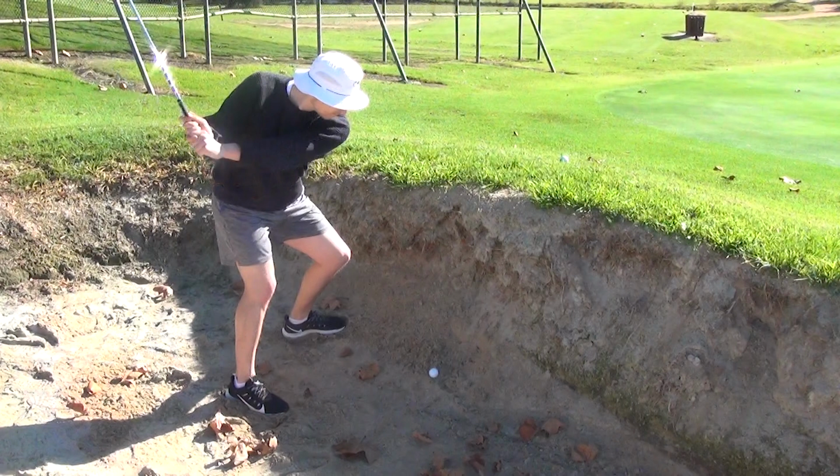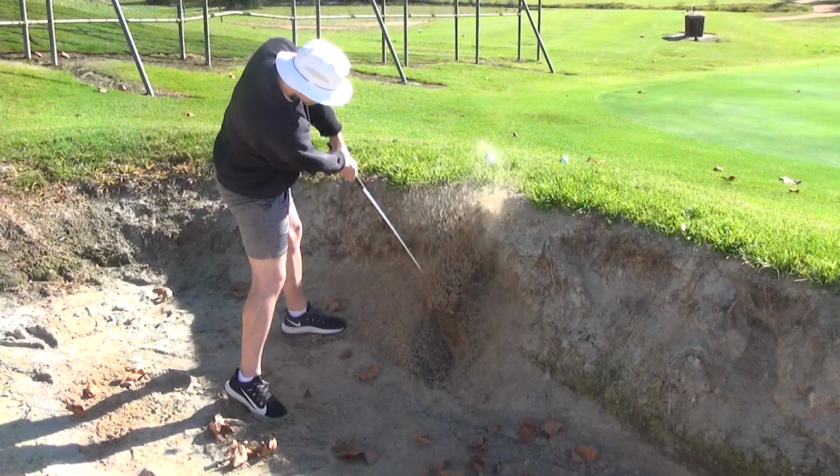You can see it's only like half a swing because you want to be a bit careful. You're not going to injure yourself by hitting from a full back swing into a bank like that. So as he comes down into the shot, he's going to have to really get down below the ball and connect properly, and then come up with the follow through, really abbreviate the follow through. You can see he's sort of coming up through the shot a little bit. His heels are coming up off the ground a bit, but he has splashed the sand